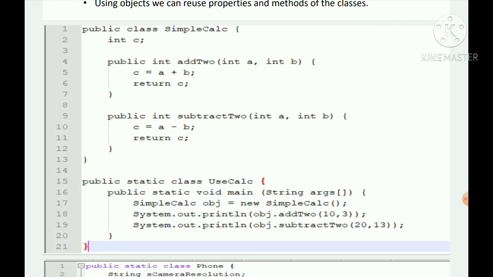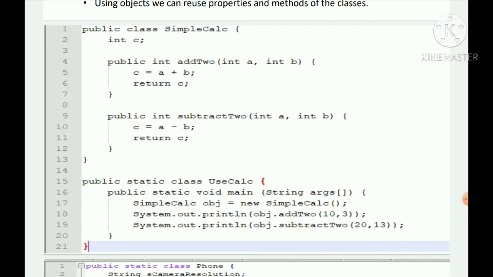After that I have the method public int add2. The meaning of the method is that I'm going to add two numbers. So I'm passing two numbers a comma b, and in line number 5 c is equal to a plus b and return c. This is a very simple method. In the same way, I write the same kind of method for subtraction: c is equal to a minus b and return c.